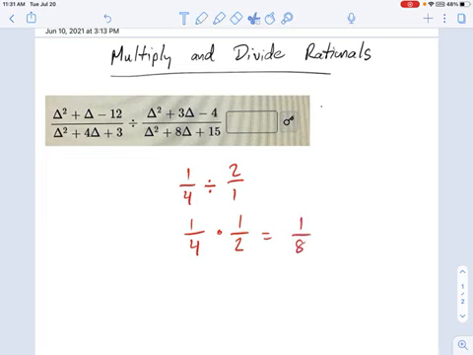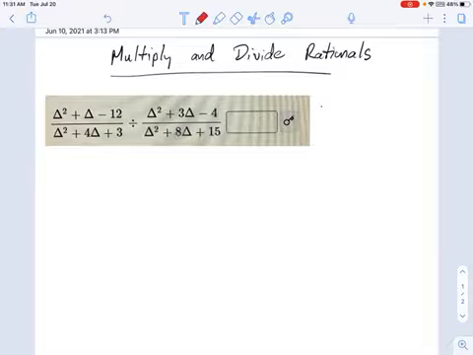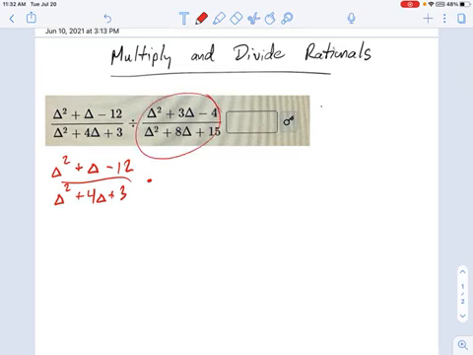So we're going to take that same idea of flipping things around and apply it to these somewhat more complicated rational expressions. So let's rewrite that top expression, except I'll just rewrite it as is. I can do this. So I have delta squared plus delta minus 12 over delta squared plus 4 delta plus 3. And now I'm going to flip the fraction on the right. This thing that's being divided by, I just want that upside down, and it turns into a multiplication problem.